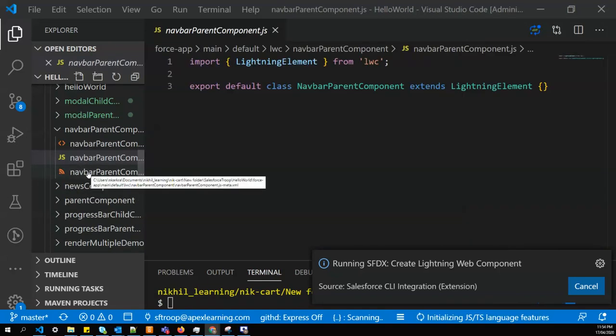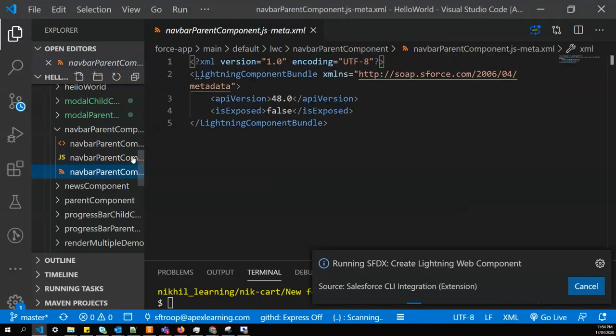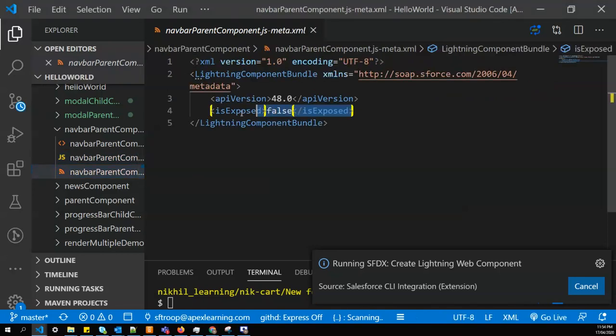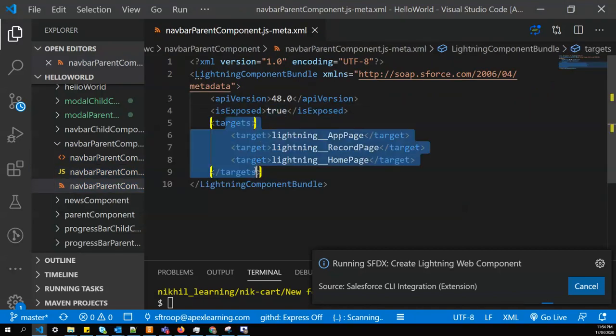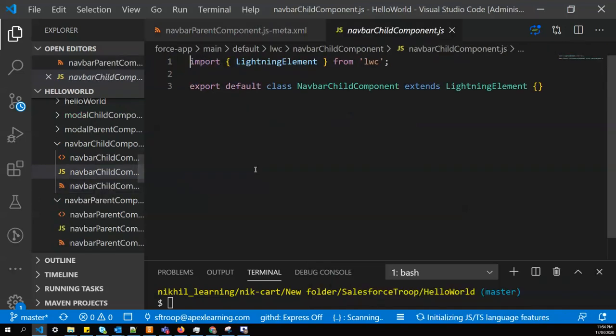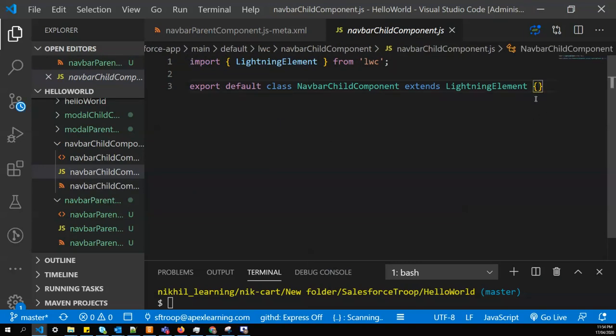So my parent component is ready. Always the first thing that I do is go to the meta file or configuration file, set isExposed to true, and set the targets to all the pages. It's not recommended to set all the targets, but I prefer it for this demo purpose mainly. It's based on your requirement whether you want this component to be visible on all pages or not.